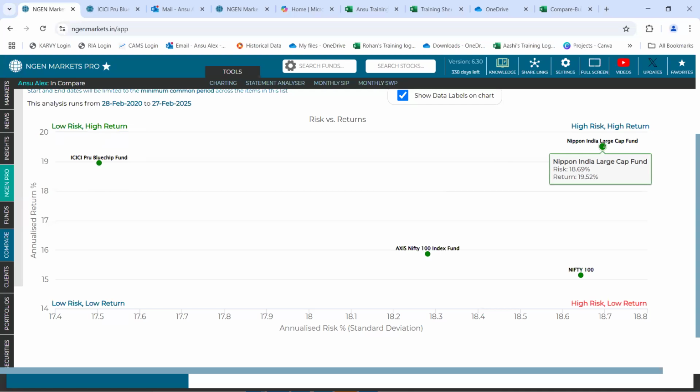While if we look at Nippon, it is indeed taking in a higher level of risk. That is what we had seen even in the main list section that we were analyzing. The fund is taking in a higher level of risk, but this risk is anyway compensated by the returns that it is generating. Now, if at all we look at this index fund, which is Axis Nifty 100 index fund, and